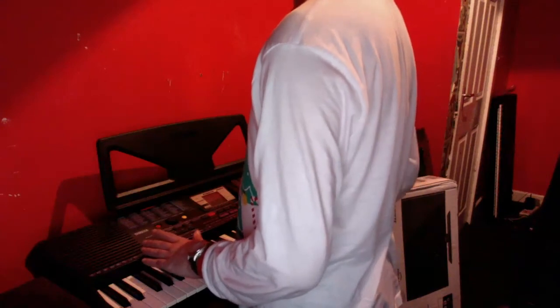The design on it is just brilliant. Definitely reminiscent of Yamaha retro. And you've got your buttons here too, which is what makes this keyboard so special to me. And another thing I love about this keyboard,